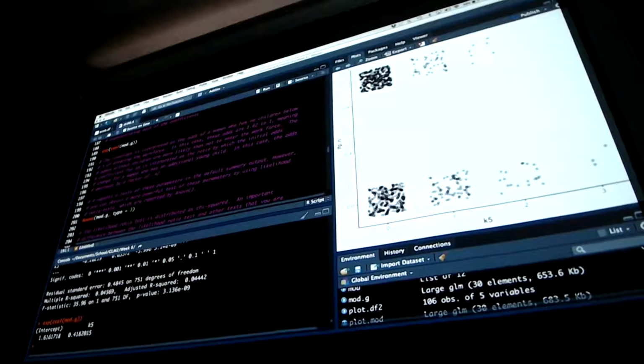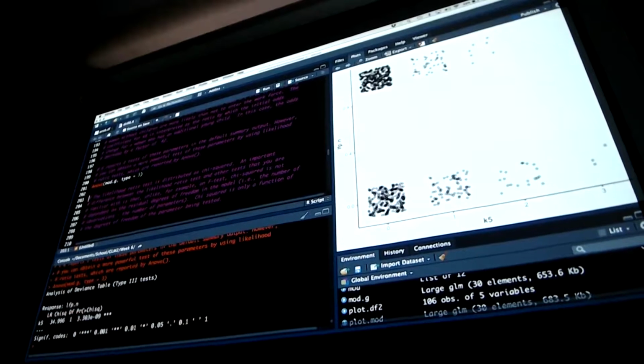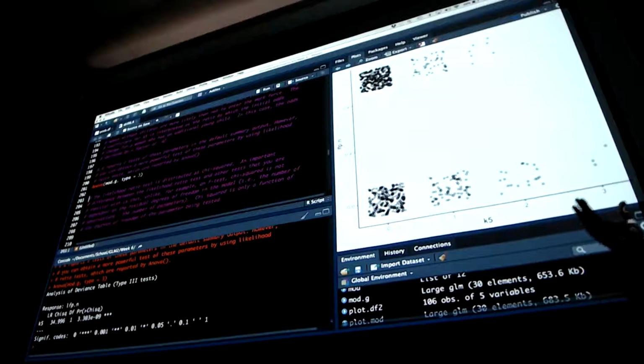And so for the likelihood ratio test, to get to what you were saying earlier, that's where you're going to wrap this in ANOVA. And this test is distributed on the chi-square distribution. But for the chi-square test, it only uses the degrees of freedom for the parameter that's being tested itself. As far as where it says type equals 3,